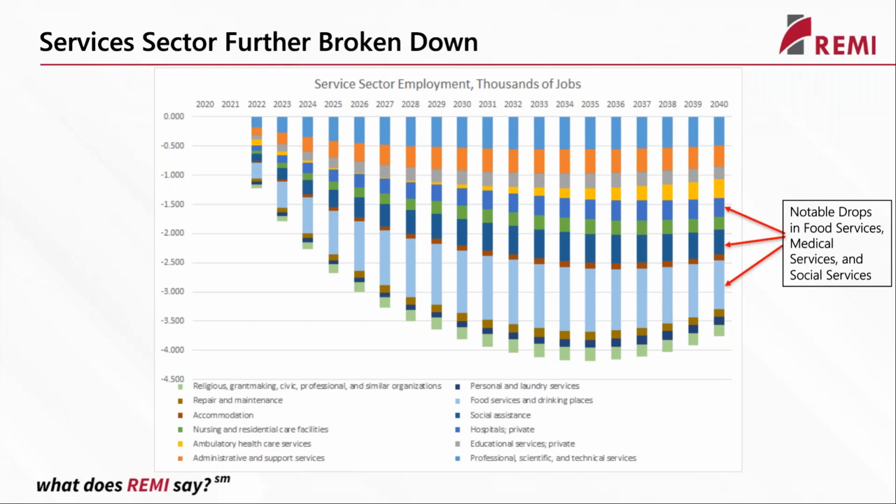And this has two important implications. The first is that these are industries that typically employ low-wage earners. Certainly the case in the food services industry. Hospitals and healthcare is a little bit less so, but there are some very important entry-level jobs, thinking nursing assistants or surgical technicians. These are not individuals with college degrees. These are entry-level and somewhat low-income jobs, and so these industries taking a hit in employment shows that this could be hurting that low-income sector of society.